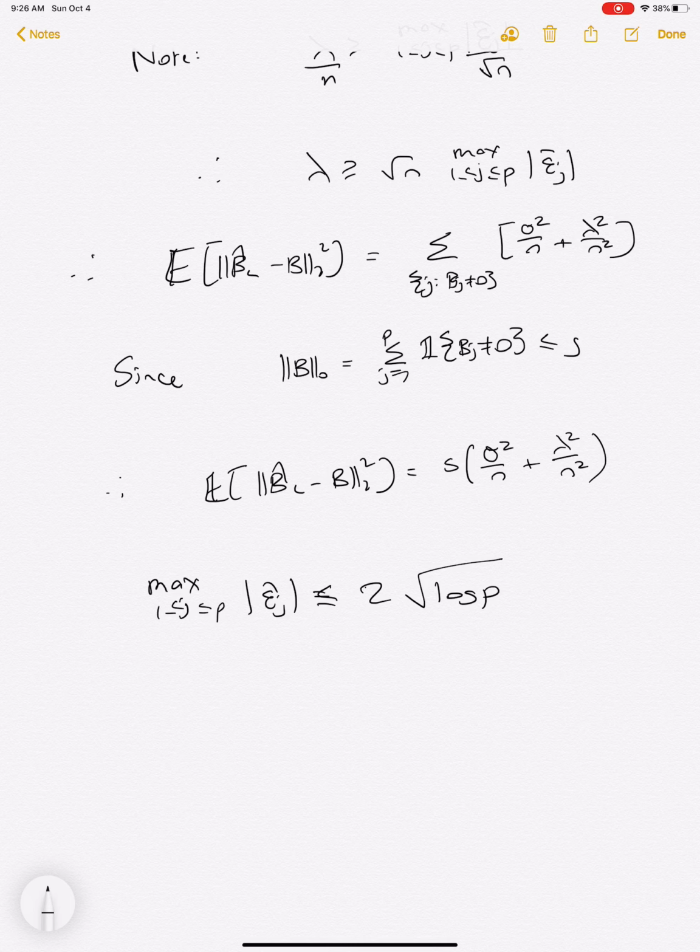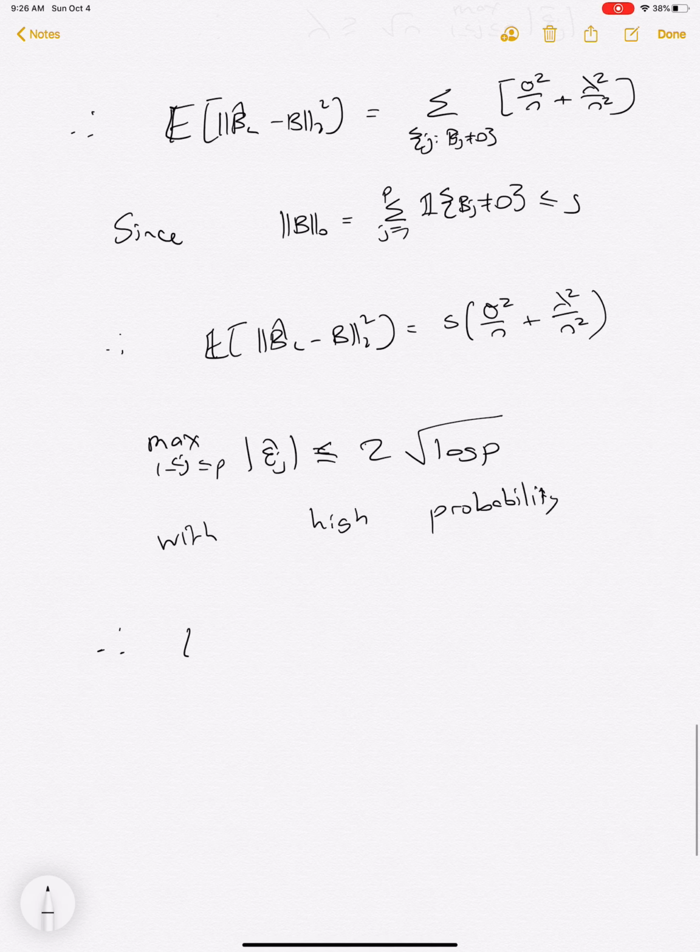So this is a vague statement, but I'm going to make it just so we can get control over what that value actually is. The mean squared error has to be less than or equal to s sigma squared over n, sorry, a sigma here because the noise variance is 1, plus 4s sigma squared log p over n. Okay,